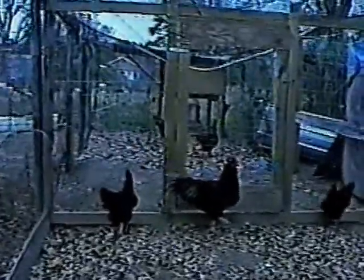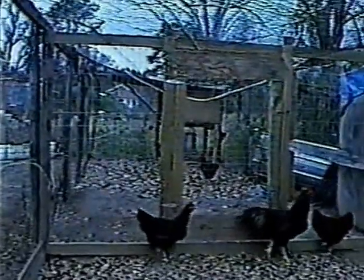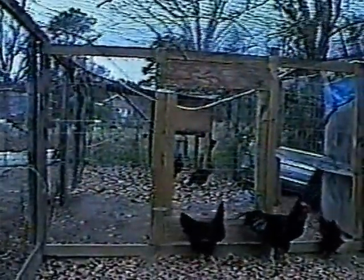Okay, that's the divider. This pen's 6 foot tall, and all I did was stretch a 2x4 10 feet